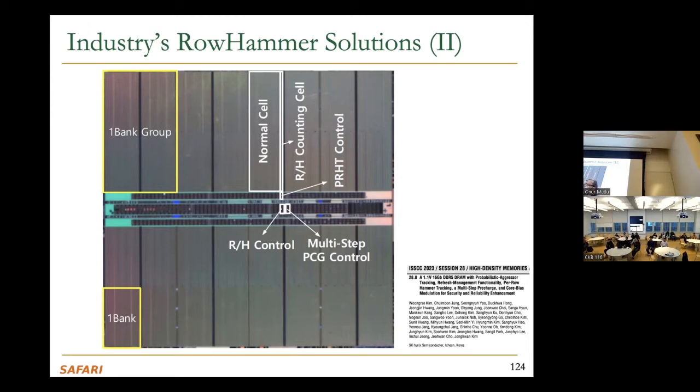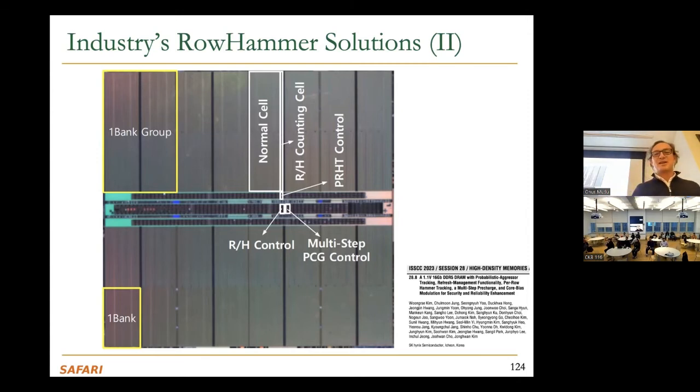If you think about DRAM manufacturing, people are very worried about cost. If DRAM manufacturers are putting in these counters that are not part of the capacity, then they're worried about the problem a lot. And they have a controller that refreshes the victim rows. They don't talk about it in much detail. They basically claim in the paper that they reduced the RowHammer vulnerability to 7%, whatever that means. It's very hard to read these ISSCC papers. It's only 2 pages, by the way. But in my opinion, this is a step in the right direction, but it's not, let's say, very open